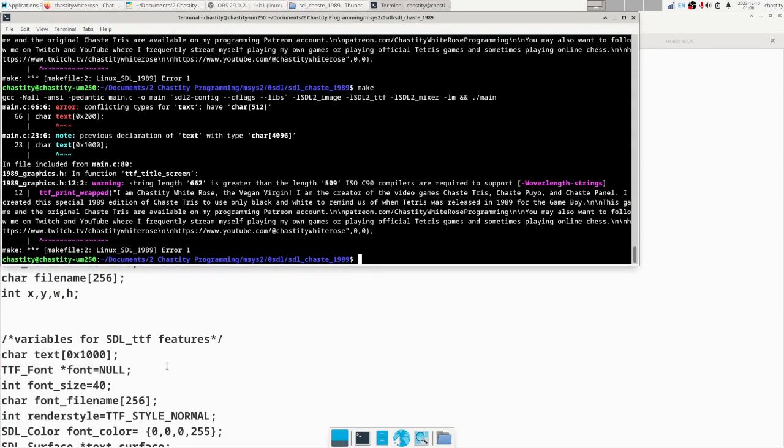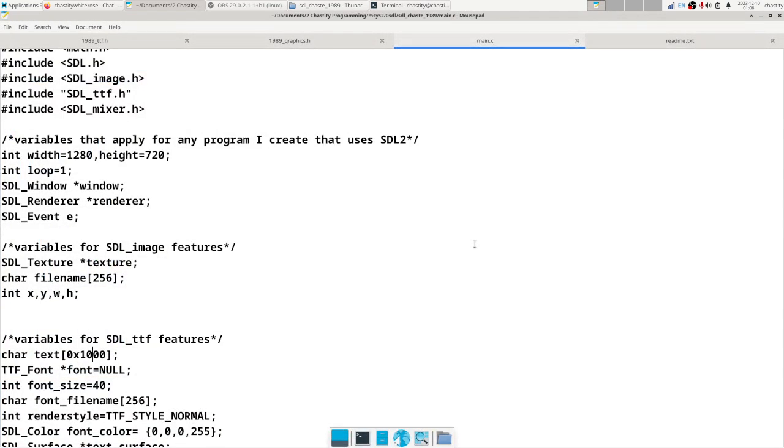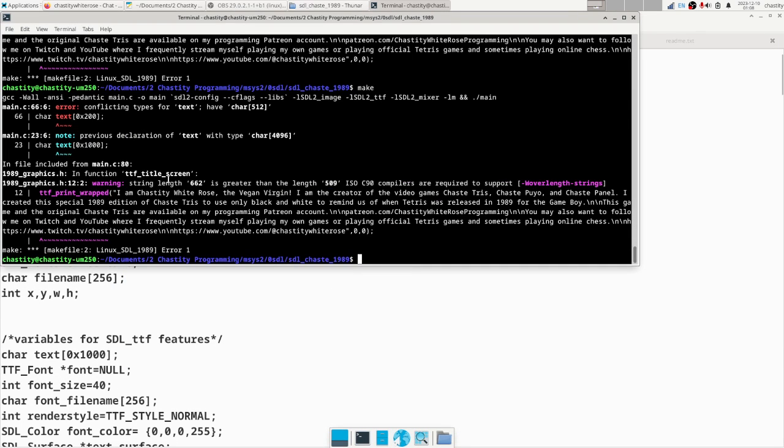There's that one there. But then we have... Okay, main 66 and 23. Previous declaration of character text of type. Wait a minute. I have an error in my program here. So on line 66,